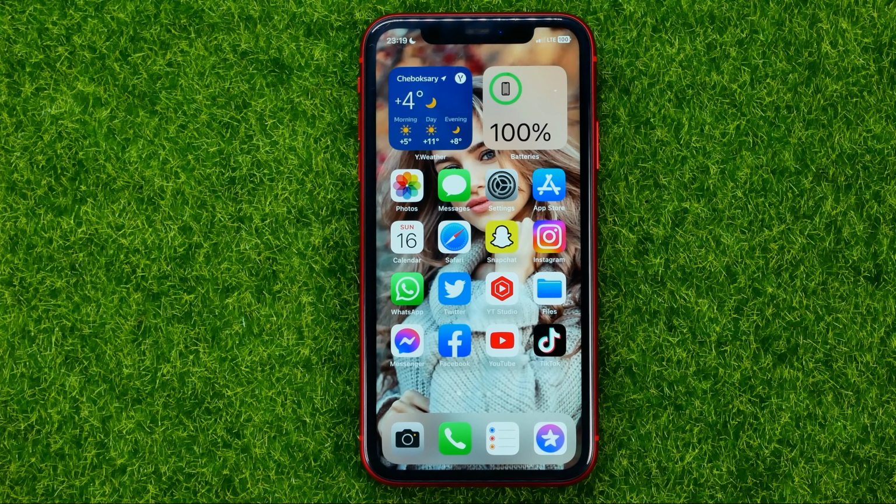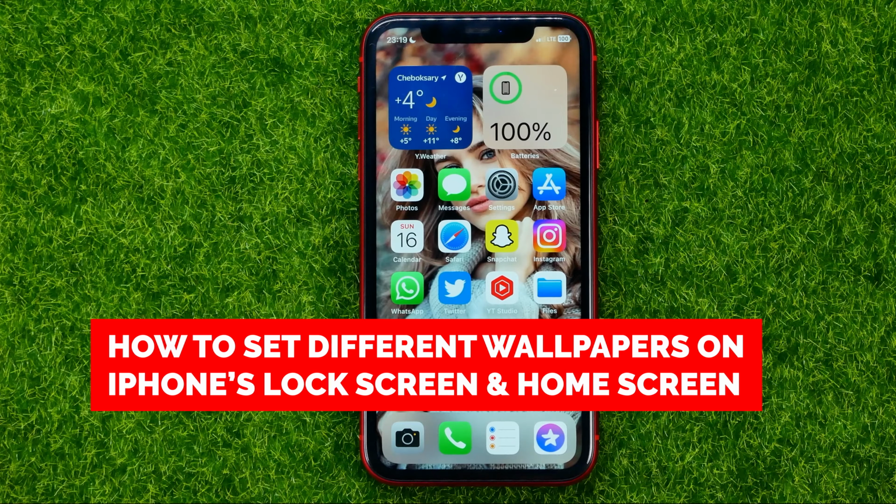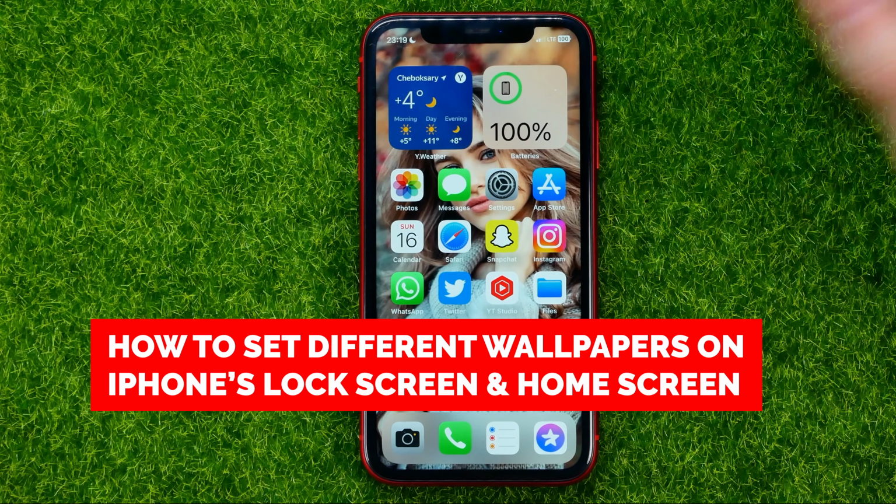In this video, I'm going to show you how you can easily set different photos as your iPhone home screen